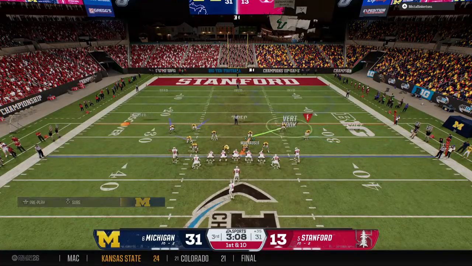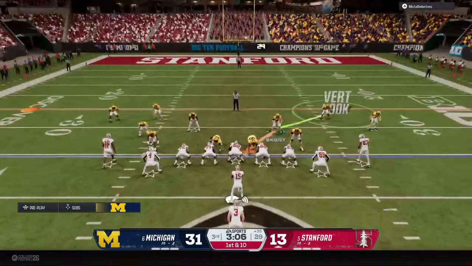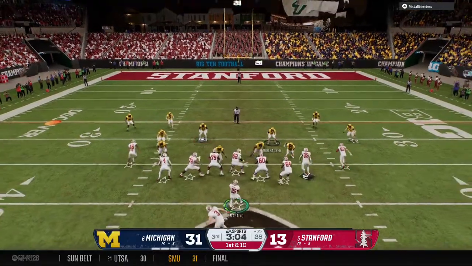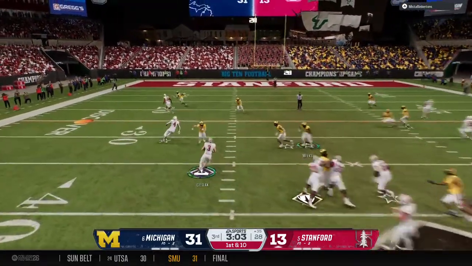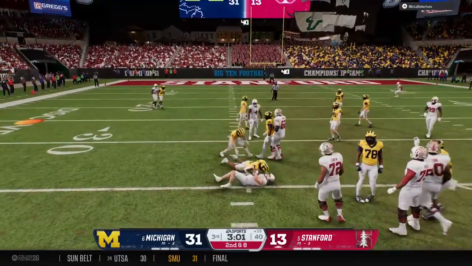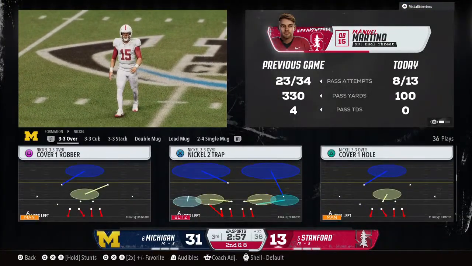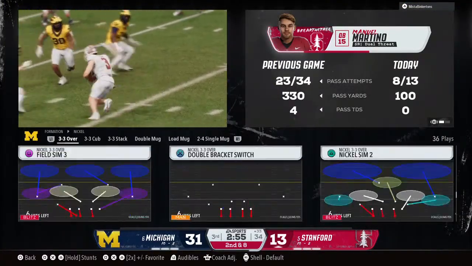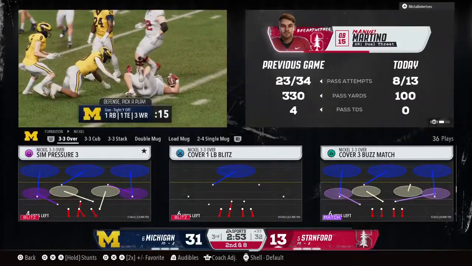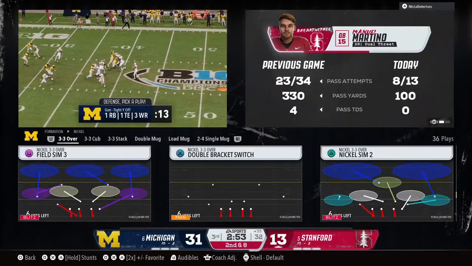And there's no time to sit there and talk to each other as a defense. You give up a big gain for a first down, and already you've got to get lined up because here comes the ball again. To get him down quickly, not much of a gain on that completion. Well, the running back that time just kind of sneaks out of the backfield and shows his hands on that nice catch.